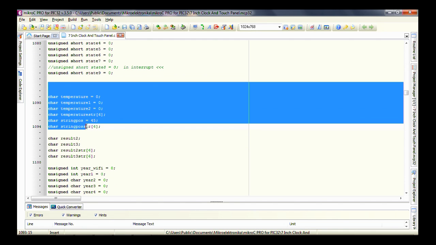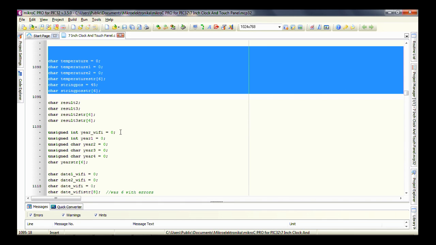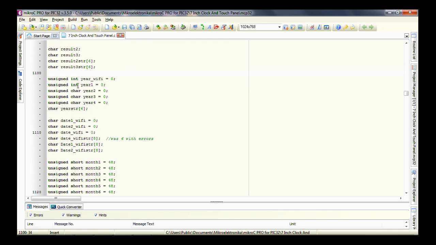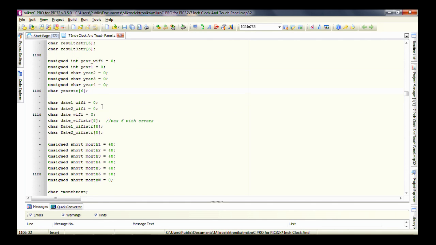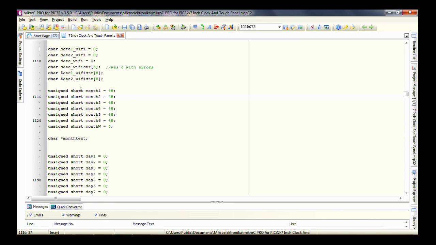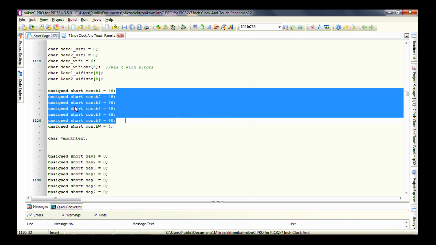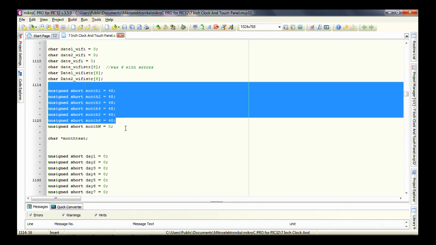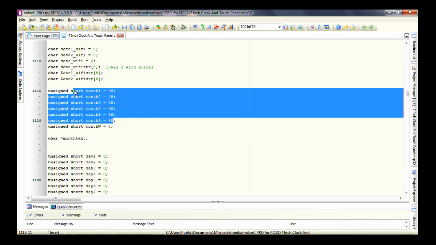Then I've got these temperatures, then the results, then you can see like year 1, year 2, year 3, year 4. That's all the different positions in the strings. Then Wi-Fi, then you can see the months. To pick up the months I had to look at 6 individual bits to work out all the permutations for 12 months. And when I started doing this I thought, well, maybe I'd stick to the Bluetooth, but